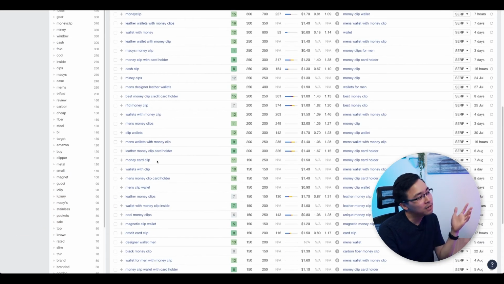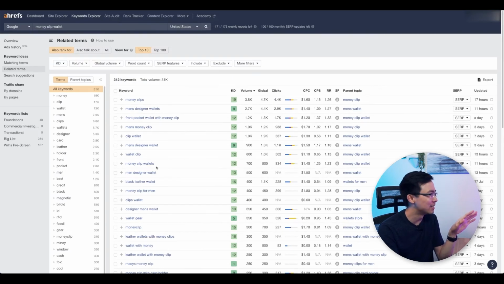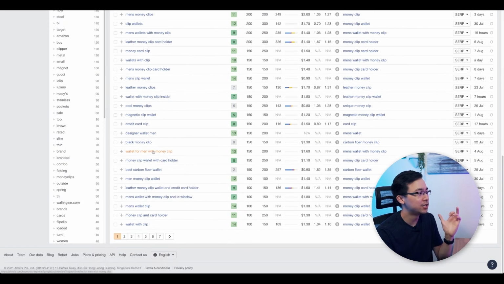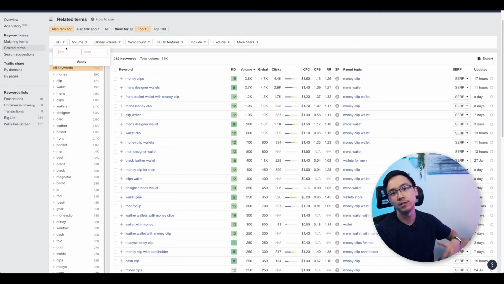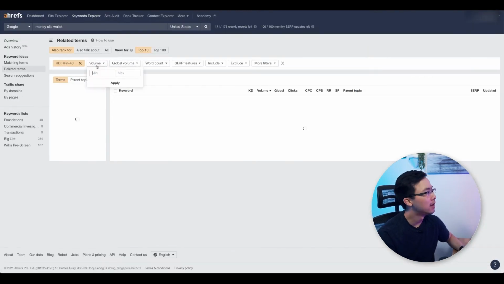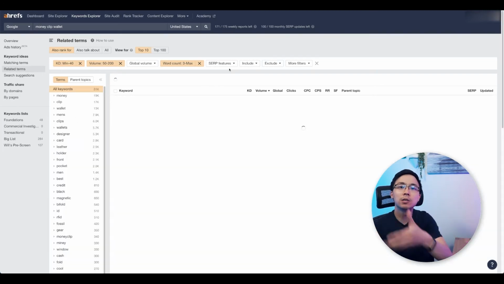So what you'll notice though, as you work your way through the Keywords Explorer is there's a ton of rich data in here, right? And so what I recommend you do is you run through a few of the different parameters that I've recommended before, in which you limit things based on keyword difficulty, you cut things based on volume, maybe you'll go even lower in volume just as you're starting out in your website, take your word count to at least 3 or more, and then potentially consider adding some SERP features as well.